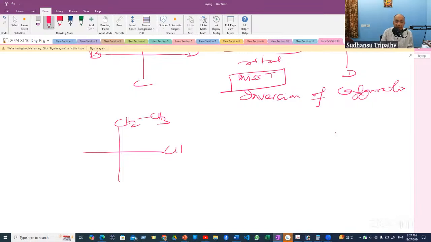Ethyl, methyl, vinyl, chloro, and then I will do a 90-degree turn. What is the configuration of this molecule, which is 3-chloro, 3-methyl